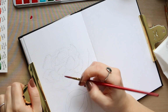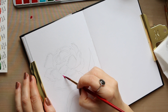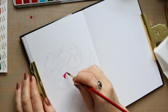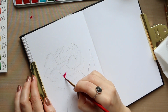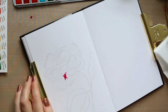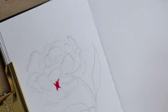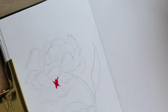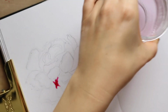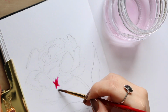So as I was saying, you can start at any petal. So start always where you want the watercolor to be the darkest, and like I said, don't forget to avoid those pencil marks. And let me just zoom in for you. And then I'm going to go into the water, and I'm going to now